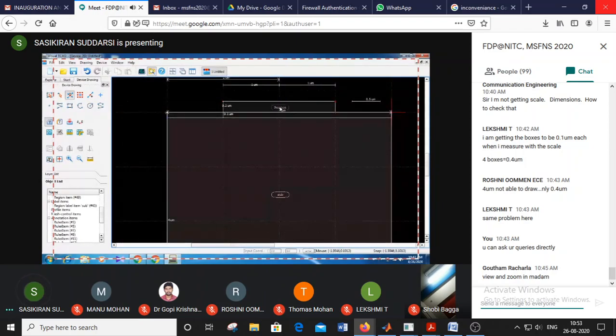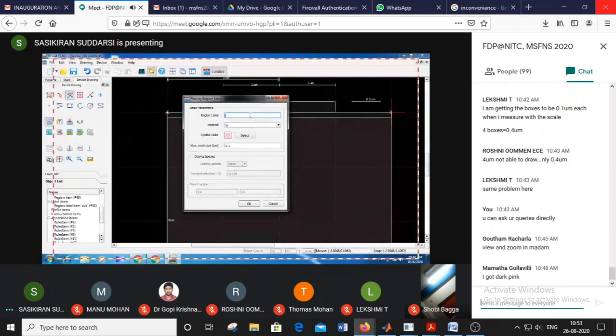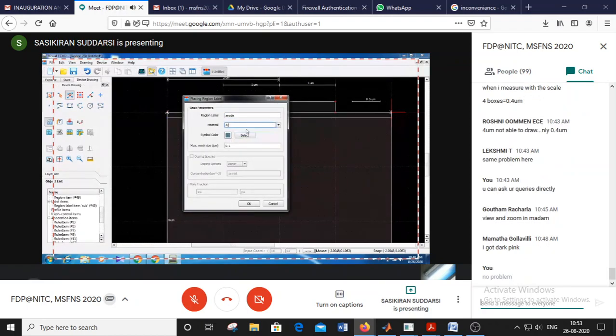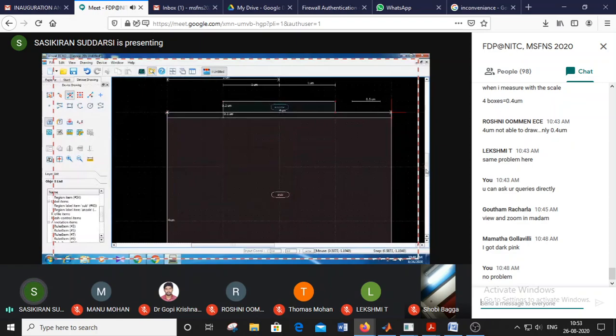Here it is the second region. That region actually acts as an electrode for the anode. So just name it as anode. The electrodes are all confined to aluminum, so I am making the material aluminum. See, you can change the color also. The color also changed. Okay, so the default grid size is 0.1. So that is the electrode.